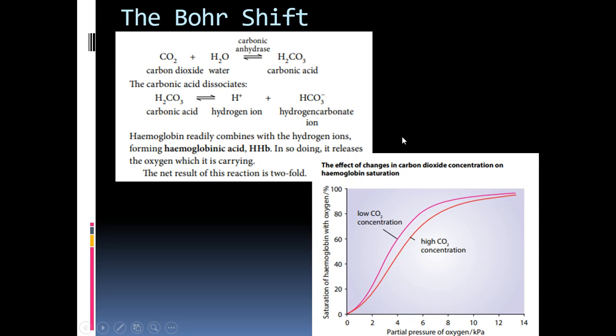When you look back at the S-shaped curve graph, whenever there is a high concentration of carbon dioxide, theoretically what happens is that the hemoglobin will be forced to release the oxygen,